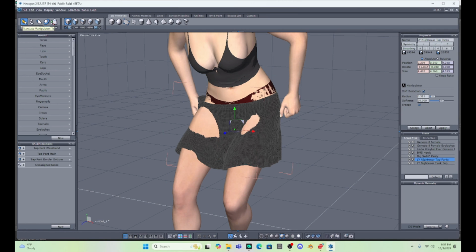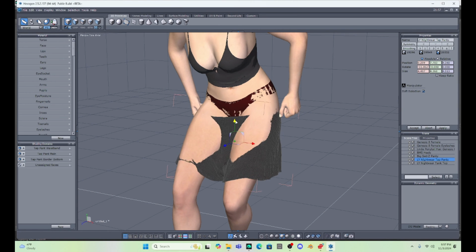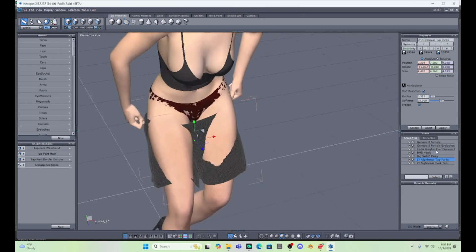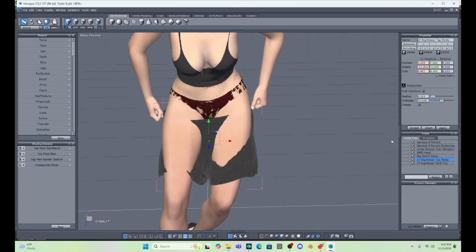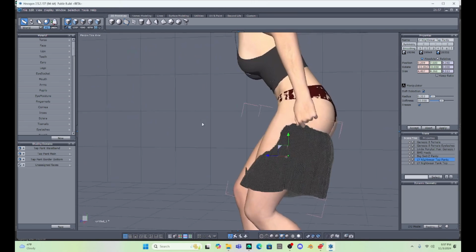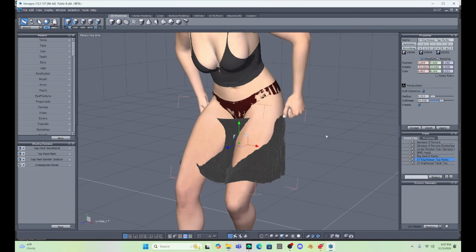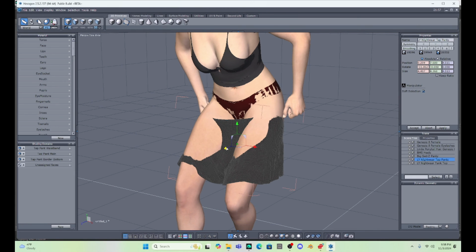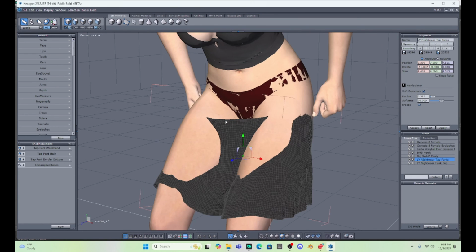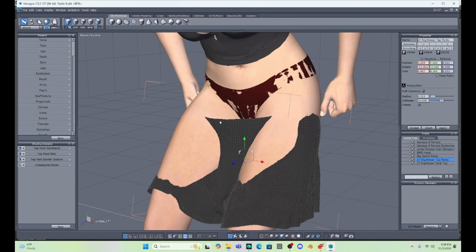But, you know, one of the things about Daz Studio that I've mentioned before is that it's all about perception, right? So even if these shorts are expanded and too big, they're still going to look okay from the perspective of our render. All right, so I've got the waistband close to her thumbs, but I don't think they're quite